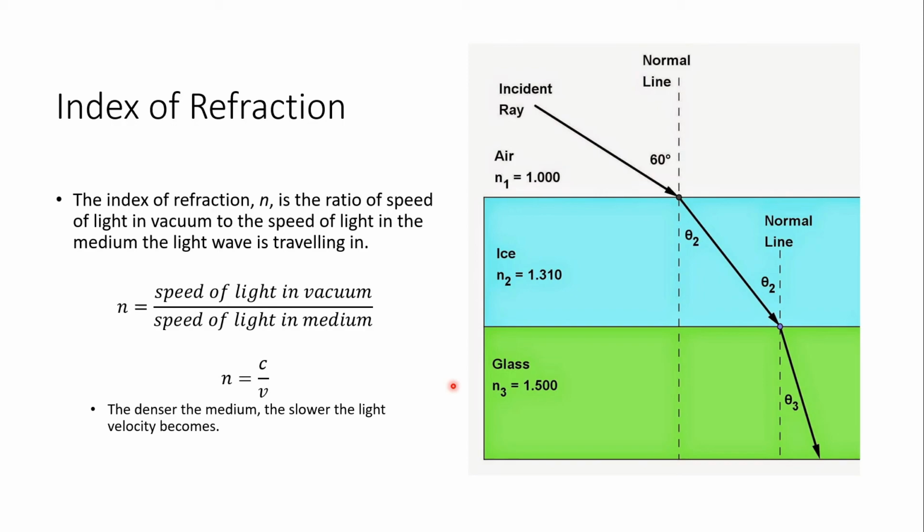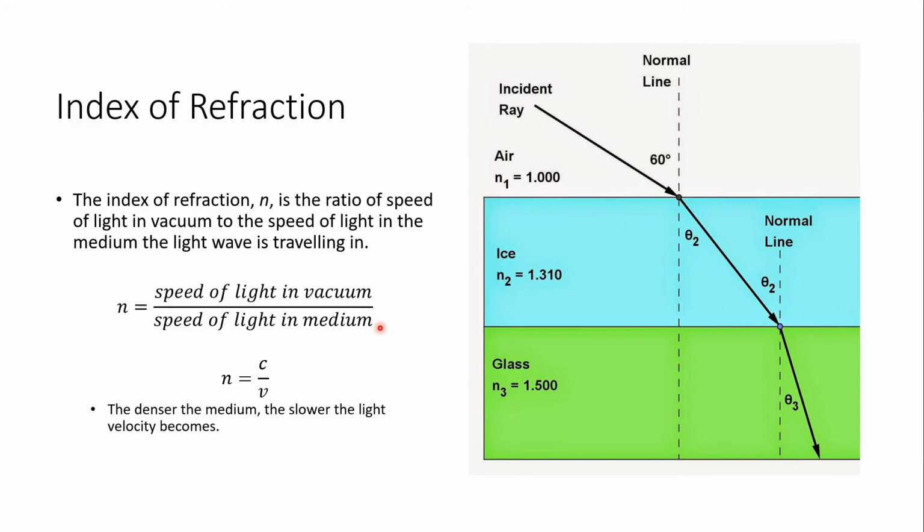It was related by the wavelength. So your velocity of the wave is the product of the frequency of the wave and the wavelength of the wave, right? So v equals f lambda. So if your frequency is constant and your velocity is slowed down, your lambda must reduce to follow that equation,